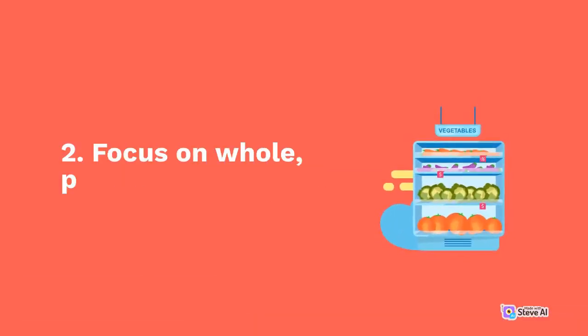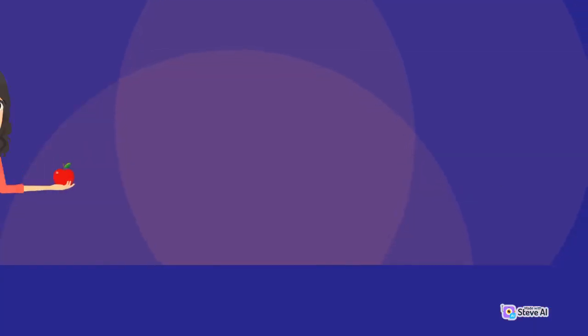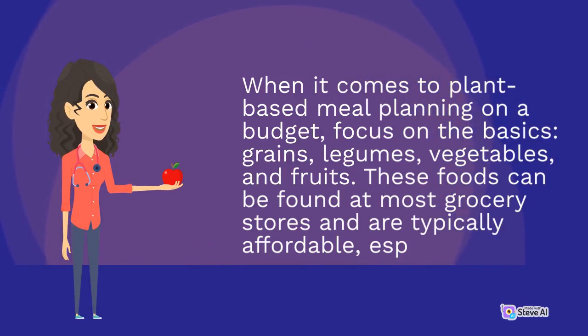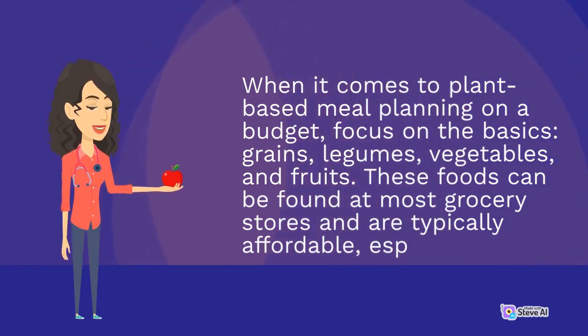2. Focus on whole, plant-based foods. When it comes to plant-based meal planning on a budget, focus on the basics: grains, legumes, vegetables, and fruits. These foods can be found at most grocery stores and are typically affordable, especially